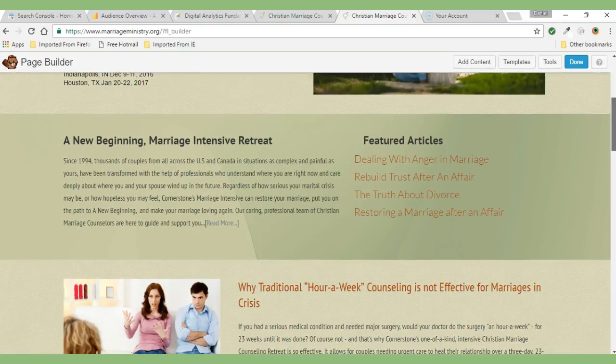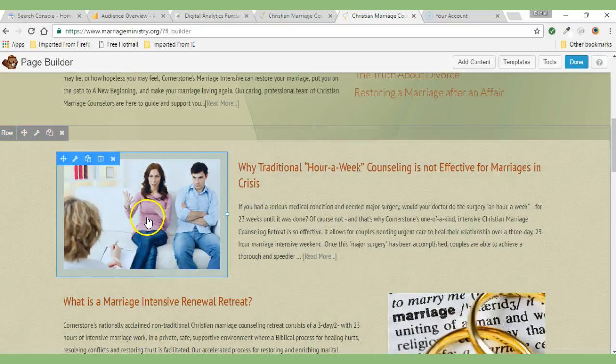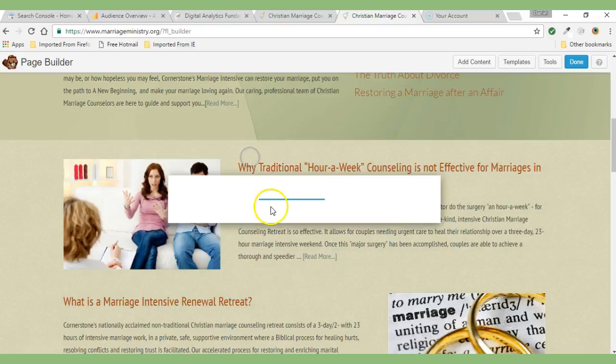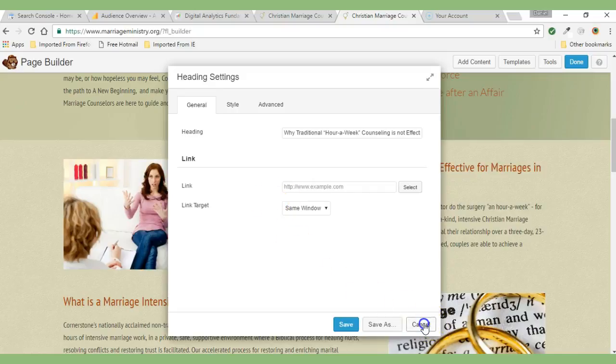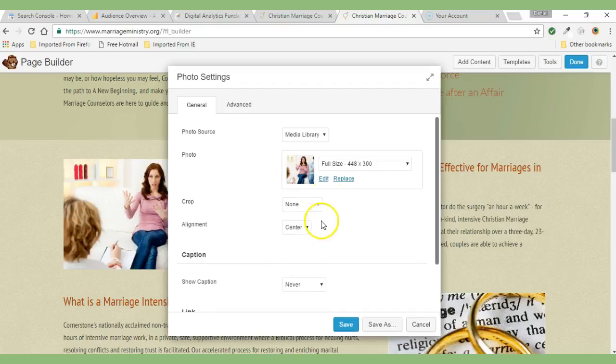But if I go down, most things on the page I can change. Say I wanted to change this picture. If I hover over that wrench, I see this is a photo settings module. So if I click on that wrench, and again I'm going to have to click on another one here, cancel, and then go back and click on this wrench, it's going to give me the option to replace this photo